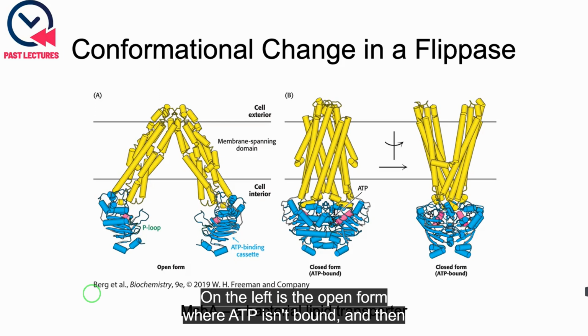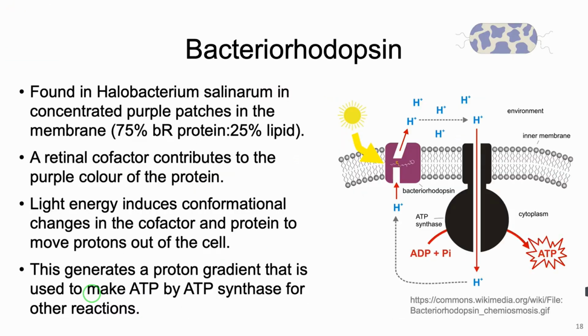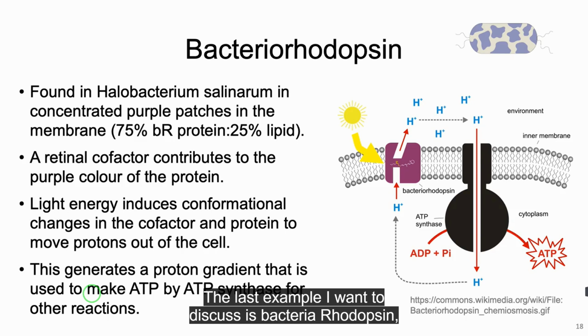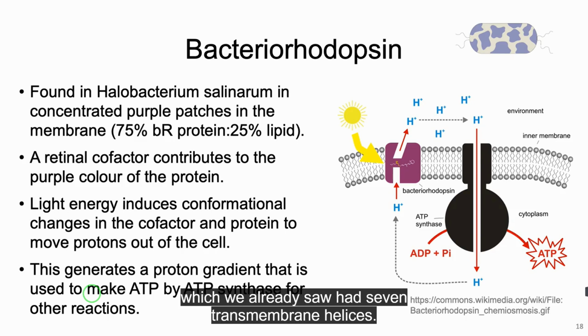On the left is the open form where ATP isn't bound, and then once ATP does bind, this is what's helping drive or change that conformation in the membrane protein structure, allowing for the lipids to be transported from one face to the other. The last example I want to discuss is bacterial rhodopsin, which we already saw had 7